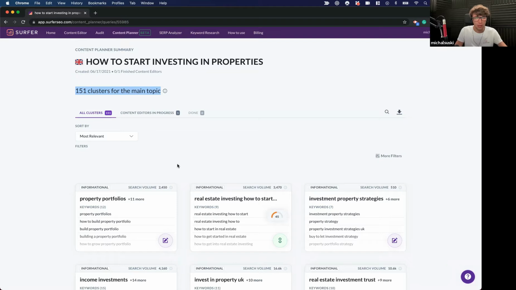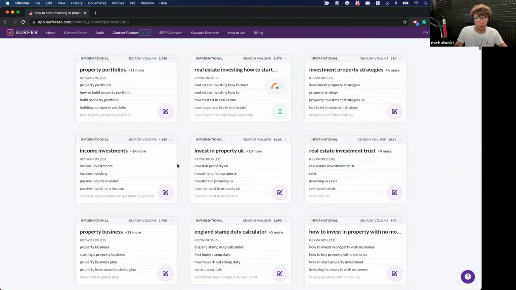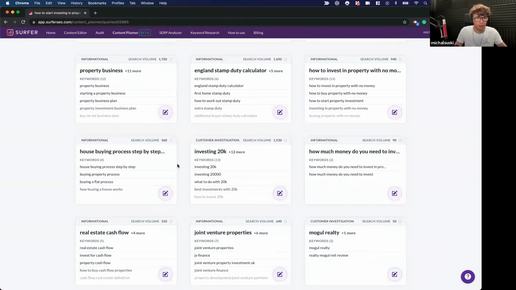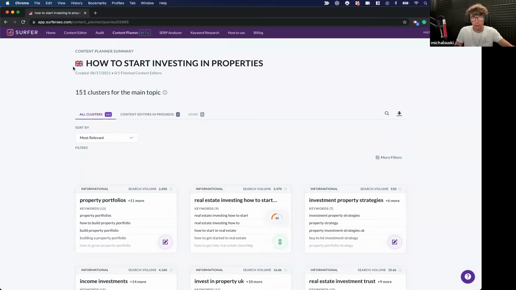As you can see, we have a lot of topics found to tell people how to start investing in properties, from house buying process step by step to stamp duty calculator for England, because I've created the analysis for the UK market.